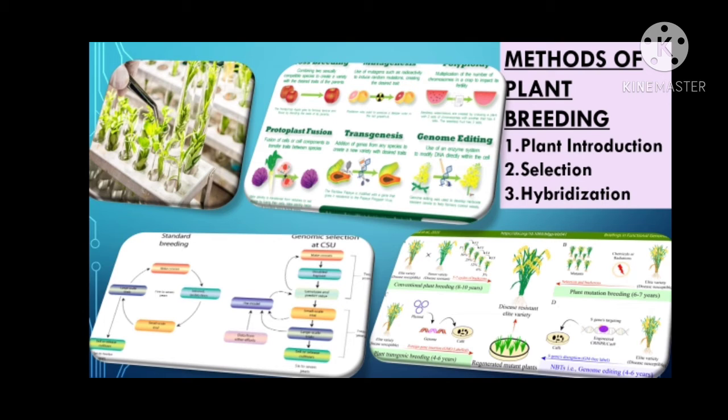So pure line selection is better than mass selection because the selected plant retained desirable characters for several generations. And then comes clonal selection. It has been practiced in vegetatively propagated plants like sugarcane, banana, potato, etc. In this method, the best plant based on phenotypic character is selected. It is then multiplied vegetatively and supplied to the farmers. A population of plants raised from a single vegetatively propagated plant is called a clone.